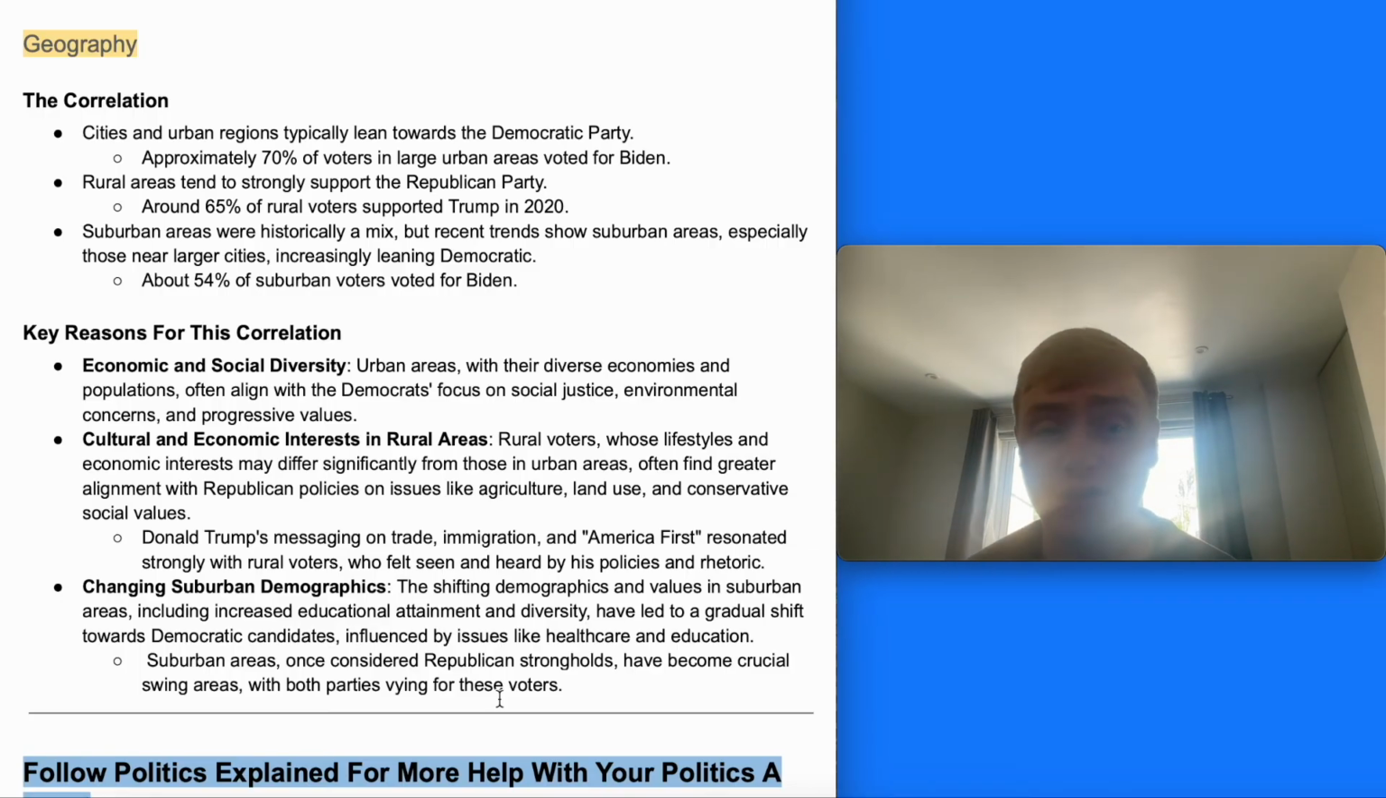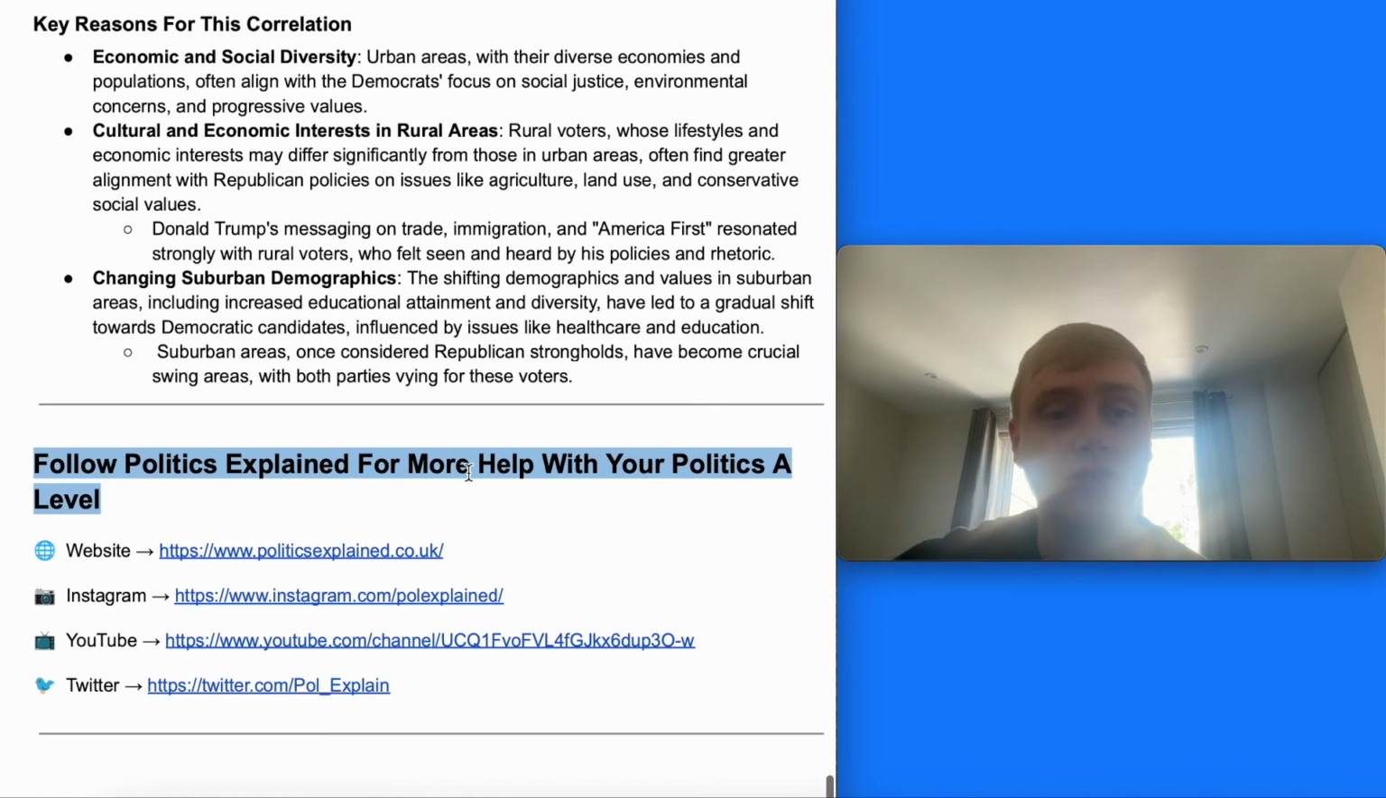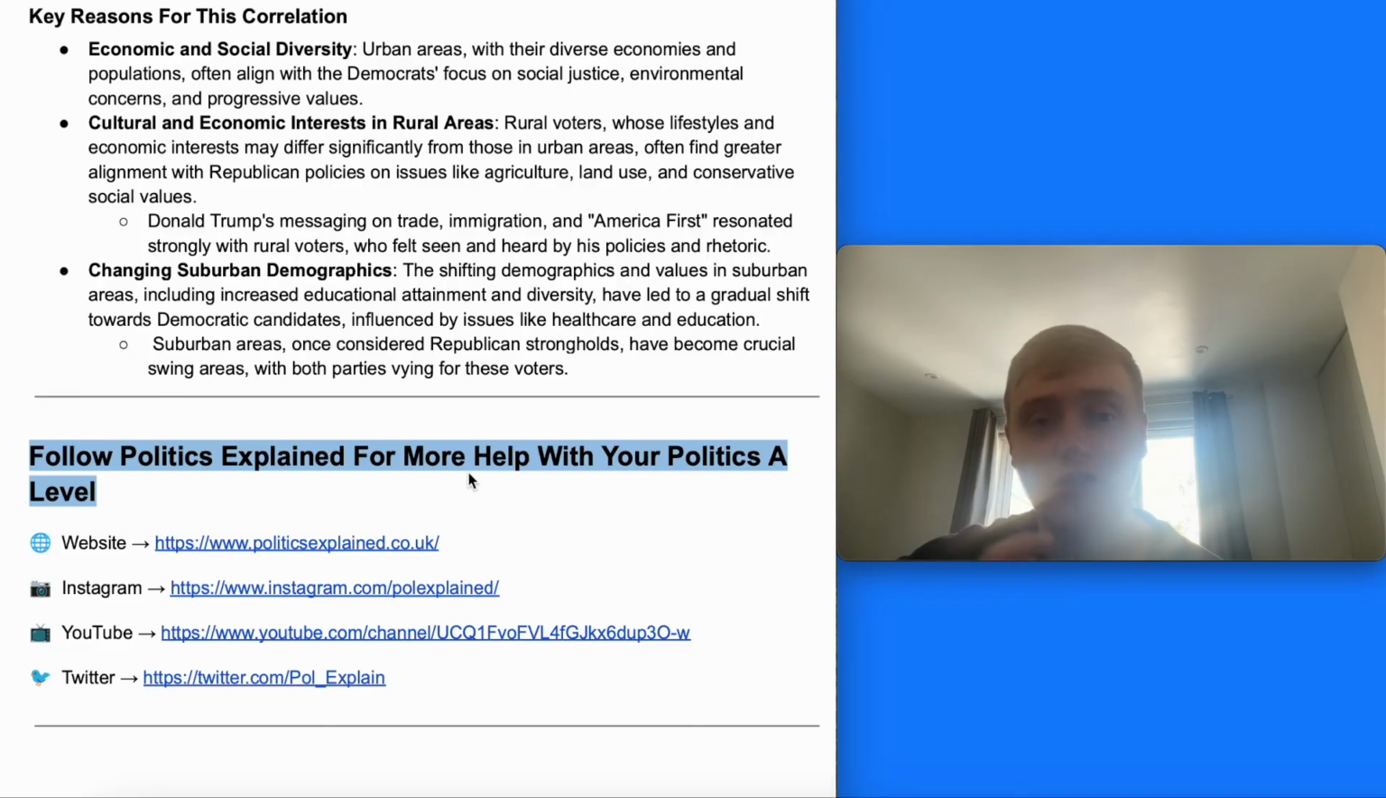Key reasons for this are economic and social diversity, with urban areas more likely to have diverse economies and populations that are more likely to align with Democrats' focus on social justice, environmental concerns, and progressive values. Cultural and economic interests in rural areas are really important. So rural voters whose lifestyles and economic interests may differ significantly from those in urban areas often find greater alignment with Republican policies on issues like agriculture and conservative social values. So Trump's message on trade, immigration, and America First resonated strongly with rural voters who felt seen and heard by his policies and rhetoric. And also, there's an important changing